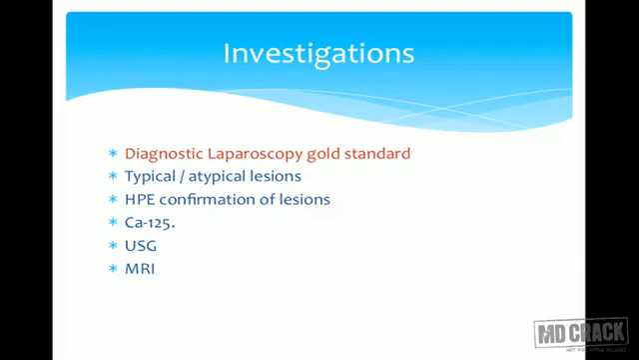The lesions can be typical or can be atypical. We have to have histopathological confirmation to say that this is endometriosis. So we can just take biopsies from the lesions and send it for the histopathological examination. CA-125 raised but not very specific. Ultrasound, yes, it tells us about the cyst formation. MRI can also be used. But the investigation of choice in endometriosis is always